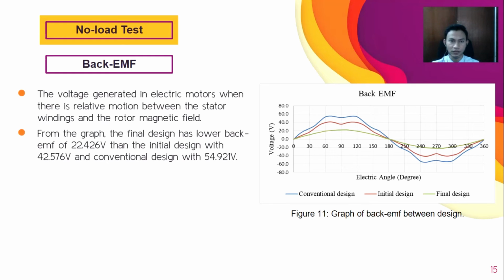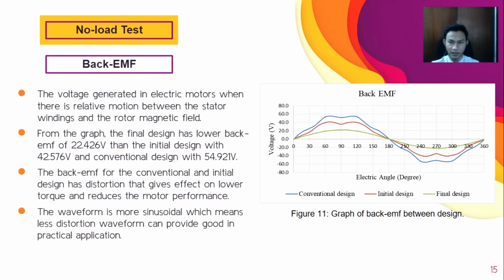So this is the no load test of the back EMF. Referring to graph 11, which is the graph of back EMF between designs. The back EMF is the voltage generated in an electric motor when there is relative motion between the stator winding and the rotor magnetic field. From the graph, the final design shows the lower back EMF, which is 22.426 volts, compared to the initial design, which is 42.576 volts, and the conventional design is